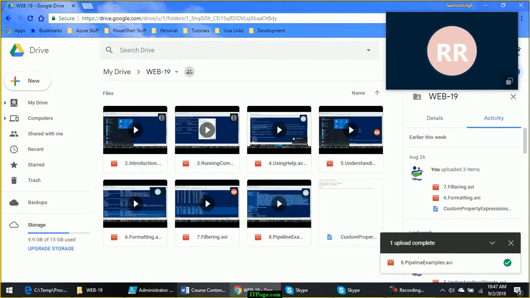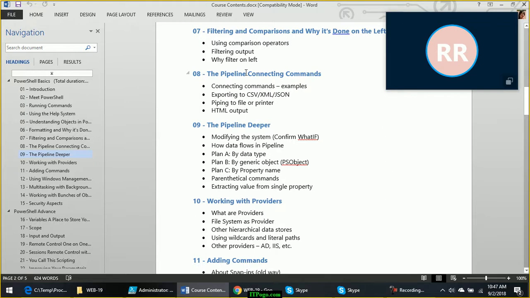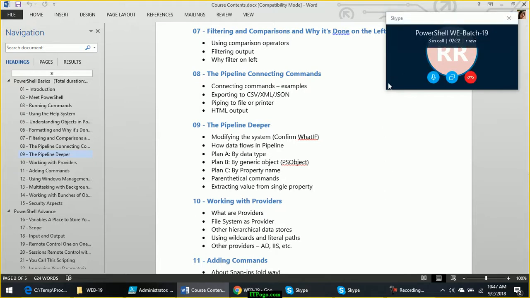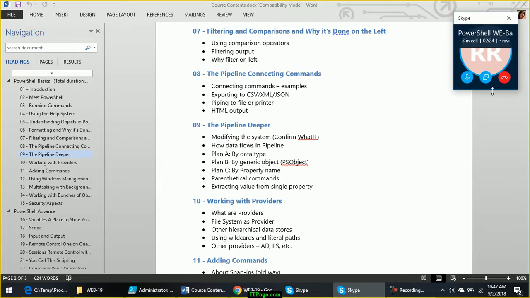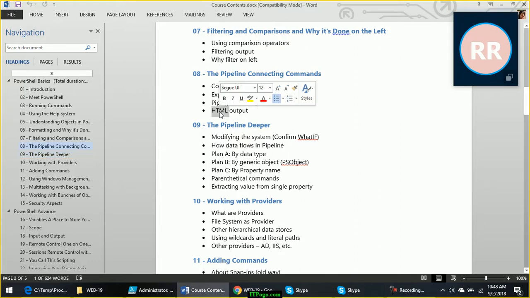Okay. Yesterday we have seen using pipeline how you can connect multiple commands together and how you can export the output of your commands to different formats like CSV, XML, JSON, HTML and all, and you can import it back from few of these formats, not all. So once you export something to HTML format, you cannot easily import it back.